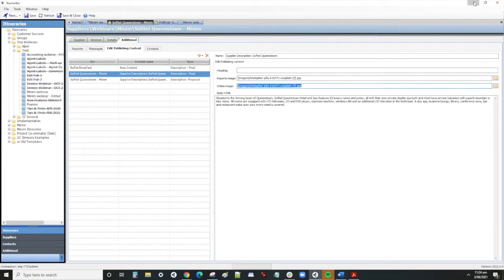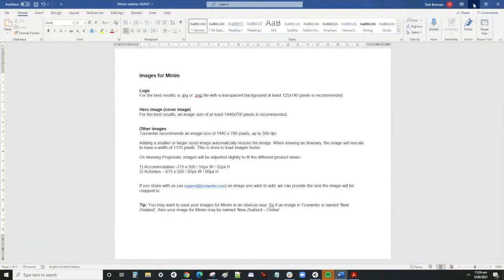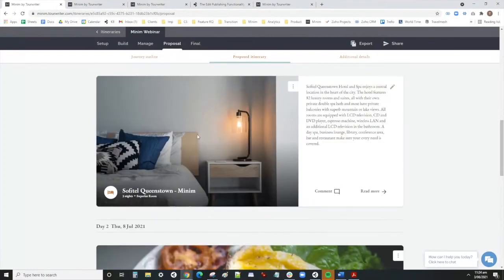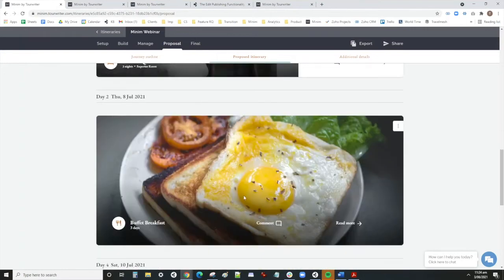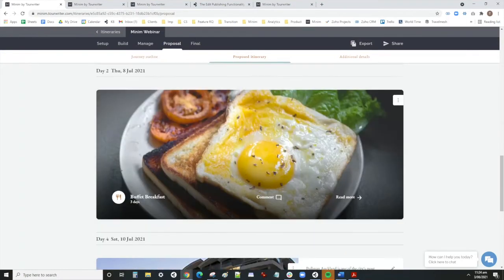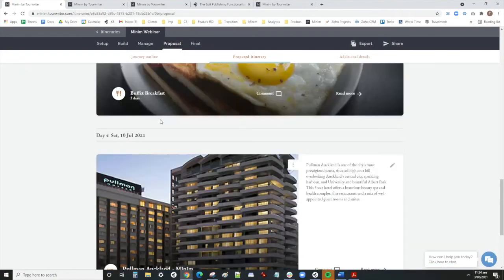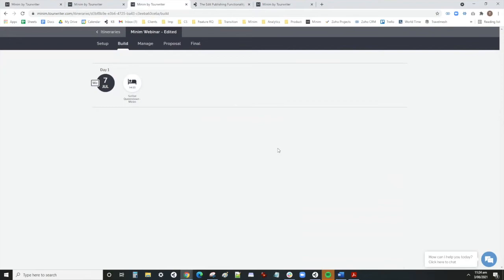So if we have a look on here, this is a larger DPI image. It's quite crisp and clear. This one, you just want to sit down and eat this one. It's a really nice clear image. This is very good as well. If we look at another